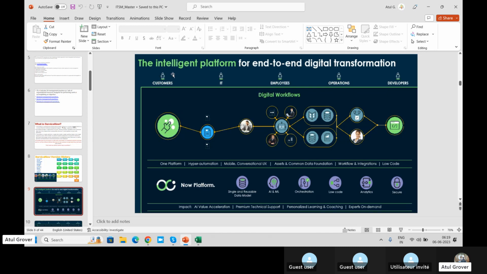I'll give one example for end customers. I'm talking about the product called CSM, Customer Service Management. Let's say Surbhi purchased a washing machine from a dealer. Earlier, what happened? I know because you, Surbhi, also came from India. In India, if we purchase any big thing from a dealer and something goes wrong, we call the dealer only.